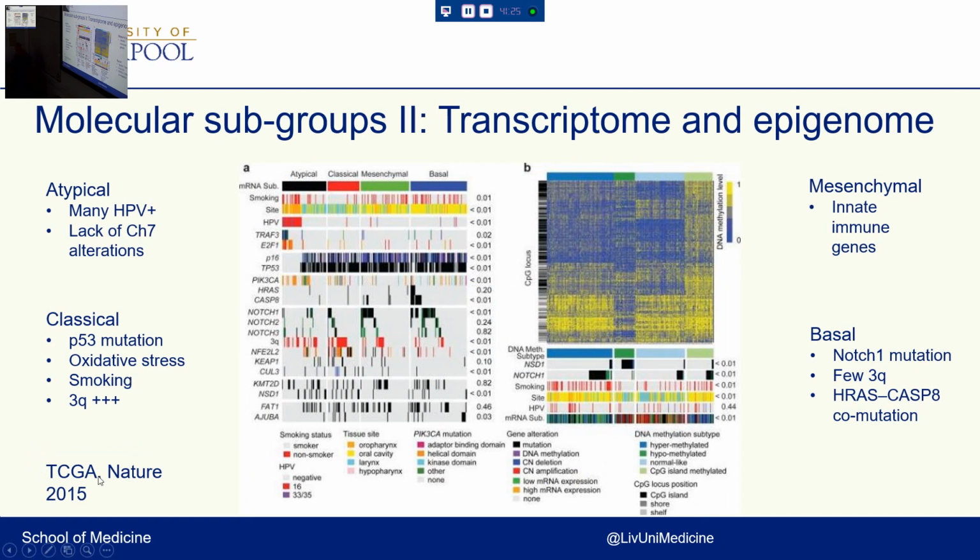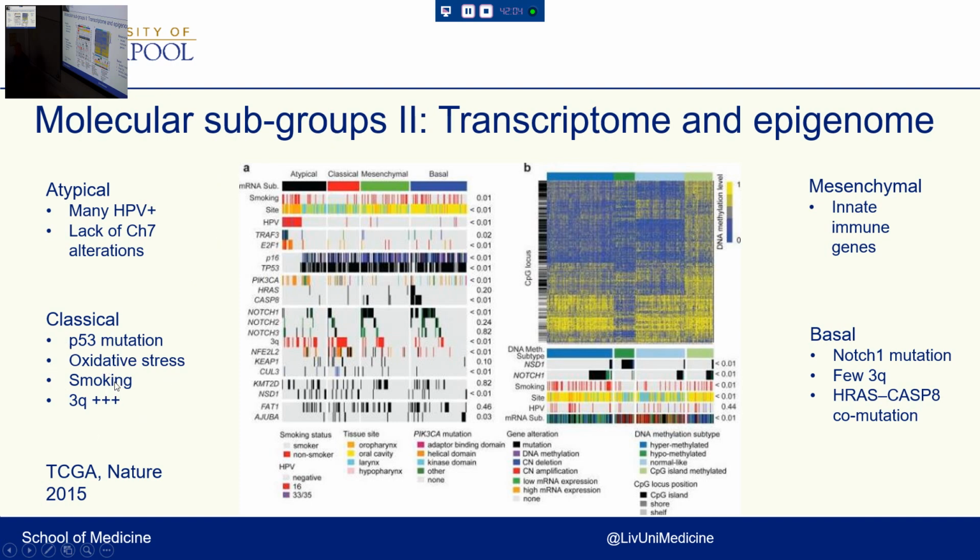In this TCGA paper in Nature a few years ago, they started to have a look at the transcriptomes in terms of being able to molecularly segregate head and neck cancers into a number of groups. And in fact, this is agnostic to site to some extent. You can see the sites in the head and neck, whether the oropharynx, oral cavity, larynx, or hypopharynx, are all included in this. And so the molecular features tend to transcend the sites. They separated on the basis of transcriptome and mutational features into four main groups. The classical type,